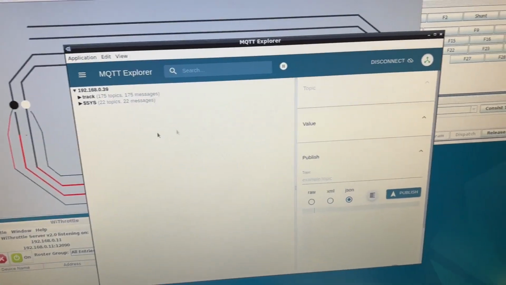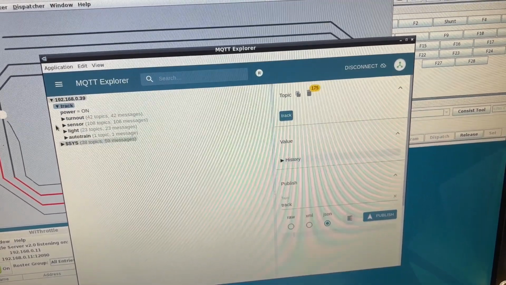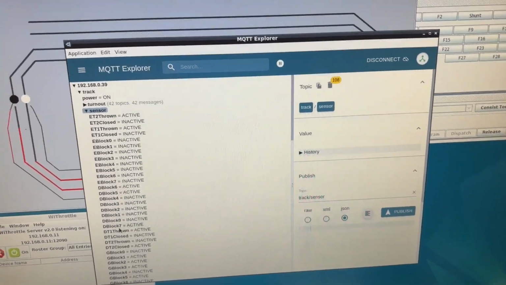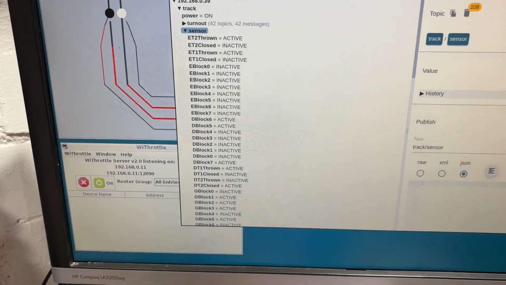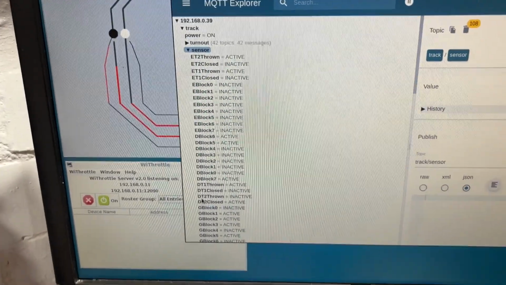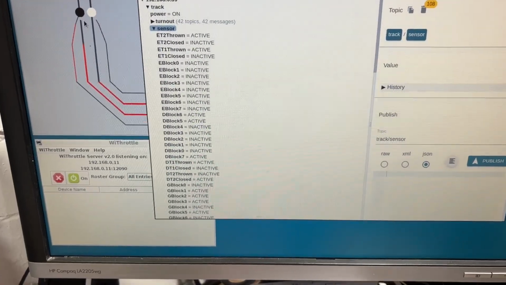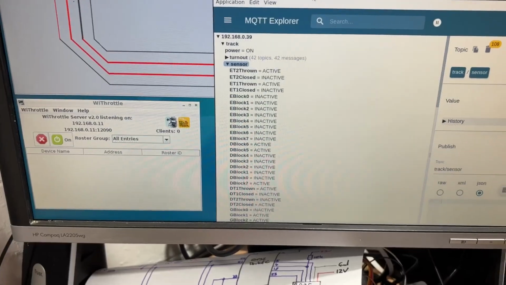What we have, this is MQTT Explorer, which is talking upstairs. So I go into Track, I go into Sensor, and I come down here and I have DT1 thrown, which is active because the point has been thrown. DT1 closed, which is inactive because it's not active over there. Now, if I just move that to the bottom,